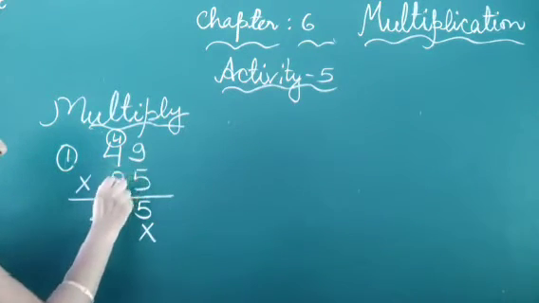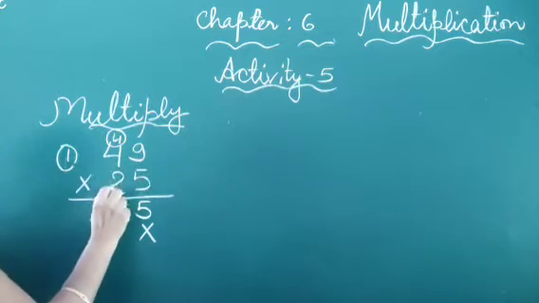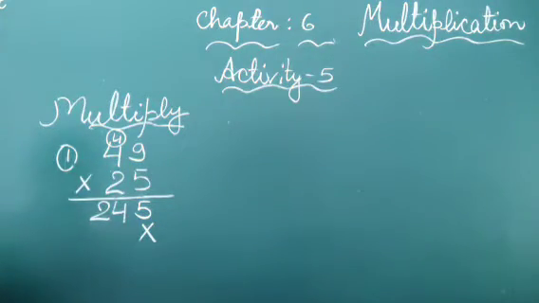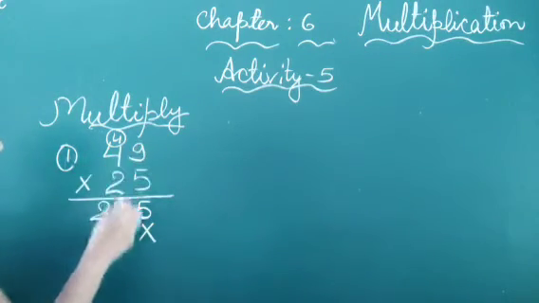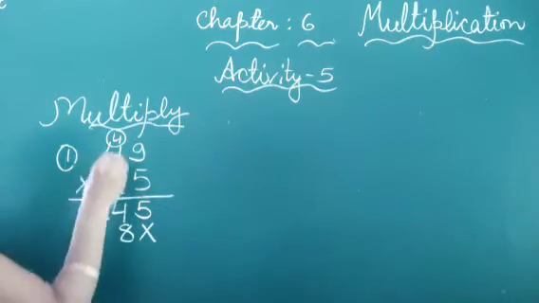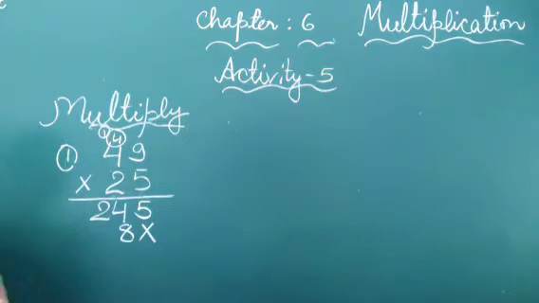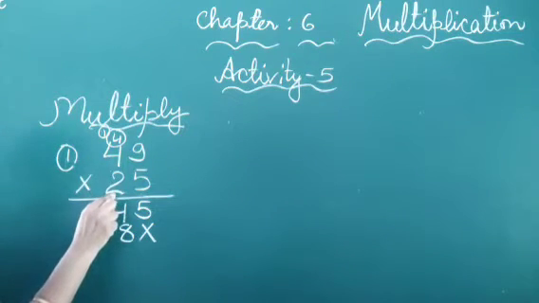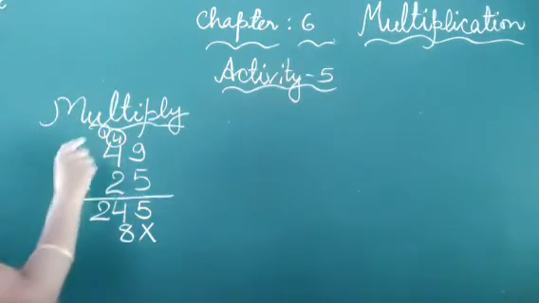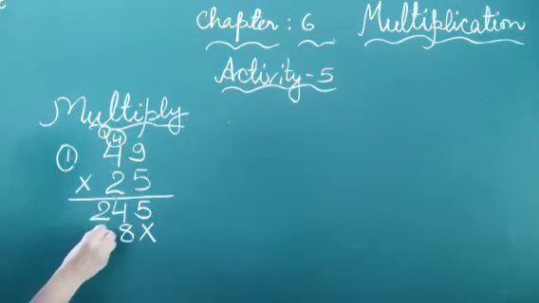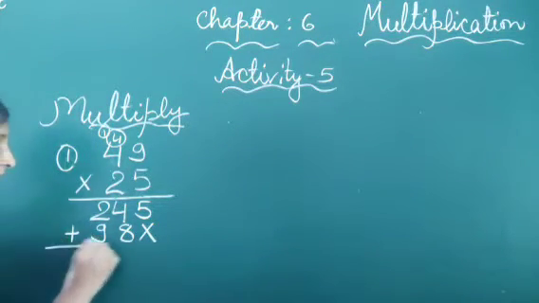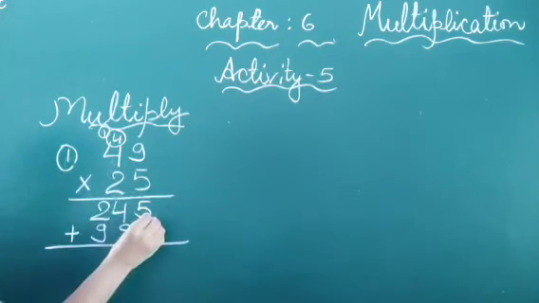First we multiply by the 1's place digit, that is 2 multiplied by 9. We tell the table of 2, 9 times. 2 nines are 18. We write 8 and put 1 carry over here. Then again tell the table of 2, 4 times. 2 fours are 8 and add 1 in that is 9. Now we add this. Then 5